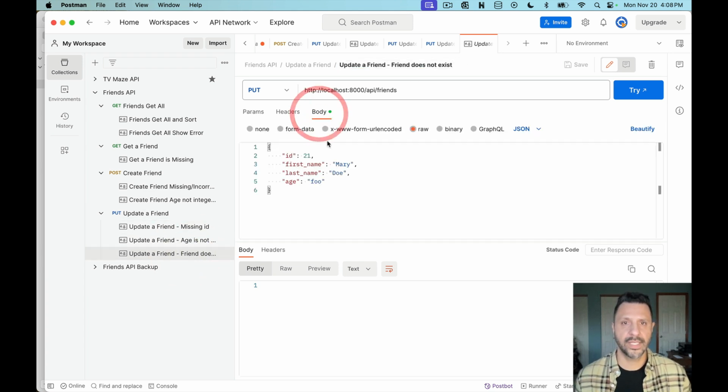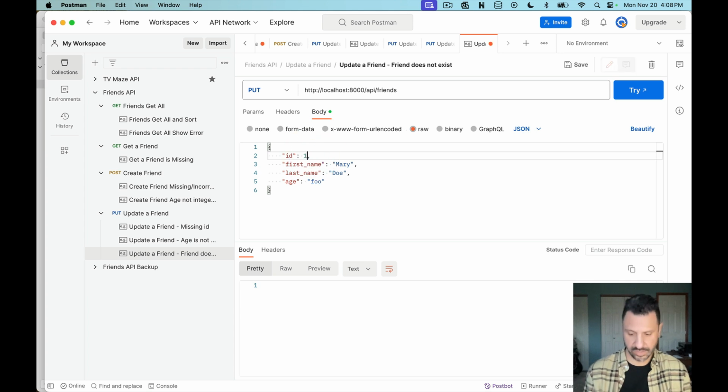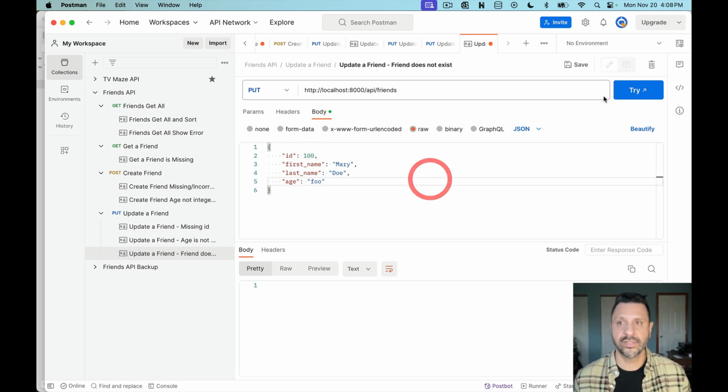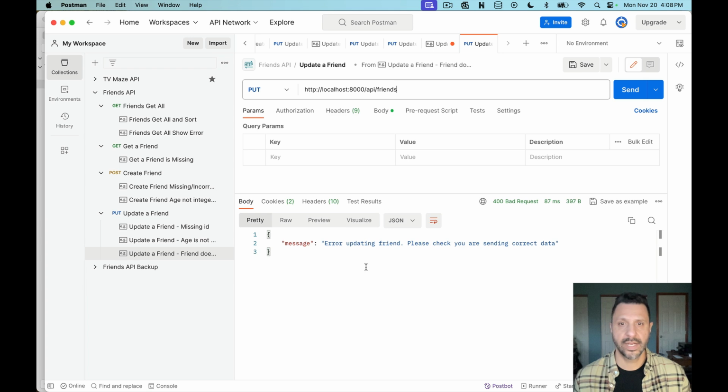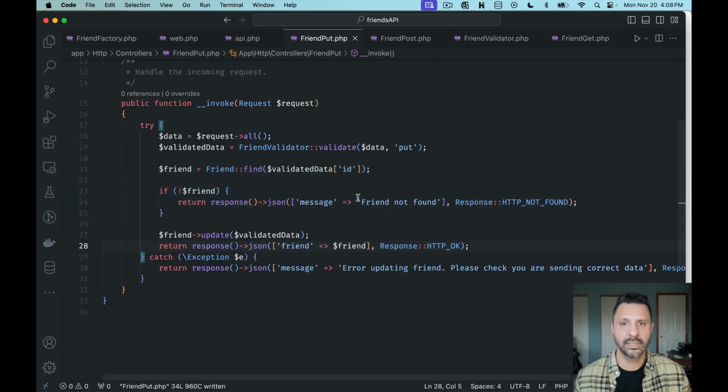So if I go back to the body, pick an ID of 100, we should get a very specific error for that. Error updating friend, please check that you're... what did I put? Friend not found. Oh, it's not getting past this validation here, I see. Because ID, no, ID's there. Huh. I might have to look into that, but